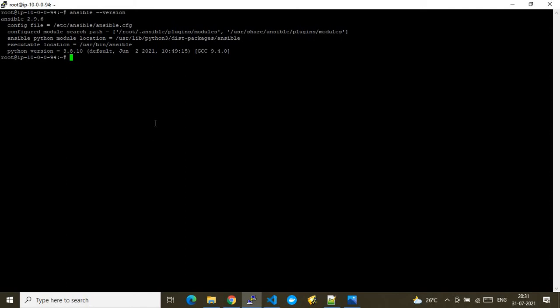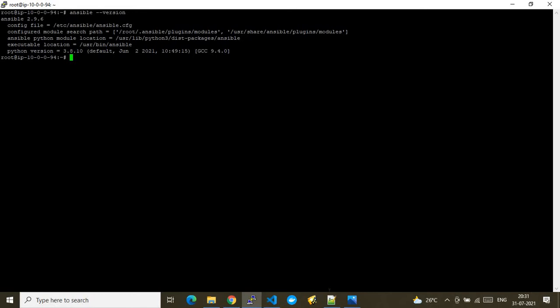Okay, so one will act as a master, and the other VMs where you need to maintain the configuration lifecycle will act as clients. Nothing but those VMs will be reporting to this master node, and the master node will do the push configuration. It will push the configuration to the respective EC2 instances, nothing but Ansible client nodes.